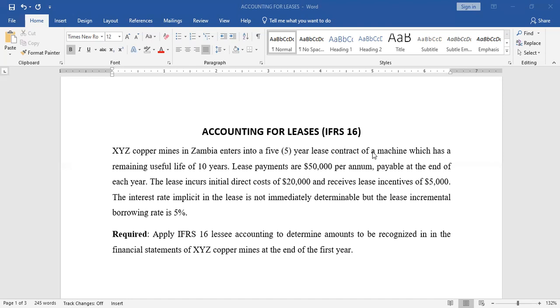All right. So now I'll go straight to the example to show you how we account for the lease under International Financial Reporting